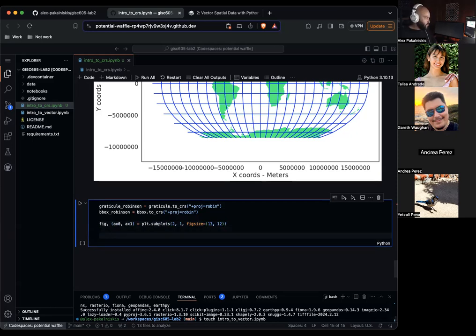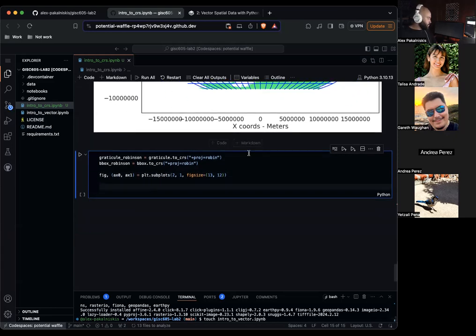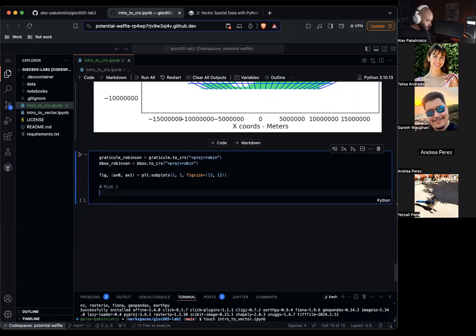Now let's work on our first plot. Plot 1. bbox.plot ax equals ax0, alpha equals 0.1, color equals gray.